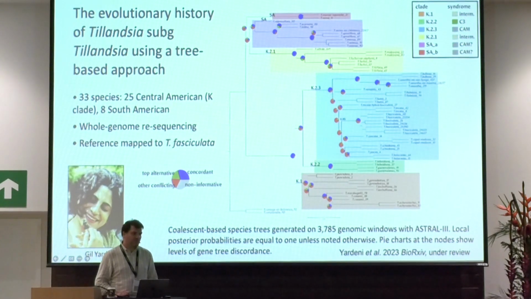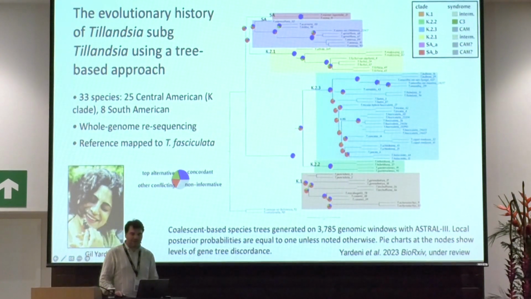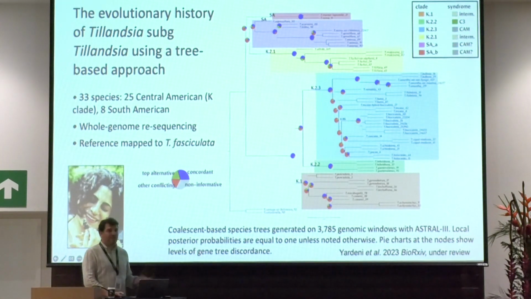Interestingly, the species tree which we reconstructed with ASTRAL, which you can see here, based on roughly 3,700 genomic windows across the genome, does not recover a monophyletic expanded clade K, which was shown with traditional phylogenetics based on single loci or few loci. But we rather recover two such clades, two parts of this K clade, K21 here, and the other K clades here, so at least two different clades.